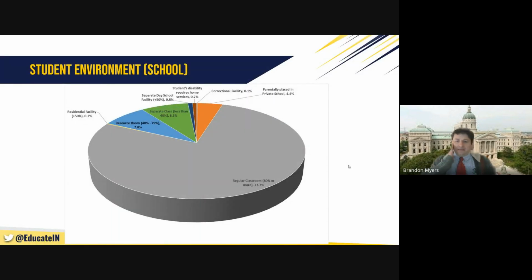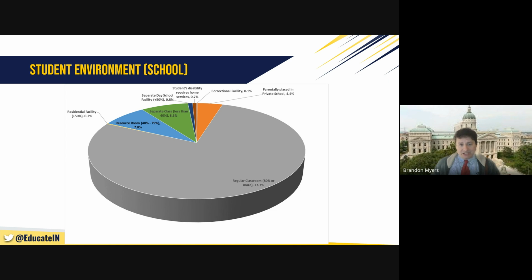Okay, then the last thing I want to talk about is, where are your kids in the school? What kind of environments are they in? And I tried to make this as readable as possible without losing too much information. So in Indiana, we have high rates of inclusion compared to nationally. So last year we had 78% of our kids that were in the regular classroom, 80% of the day or more. So we've really started to talk at the department about what kind of supports those children are getting in